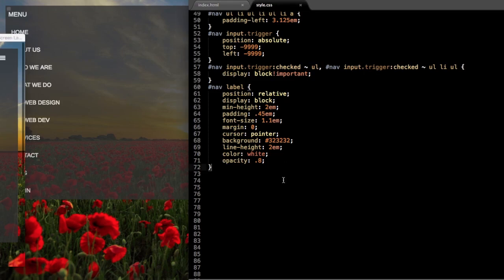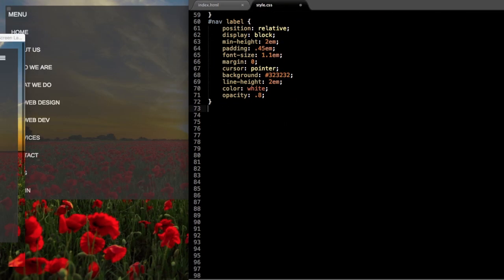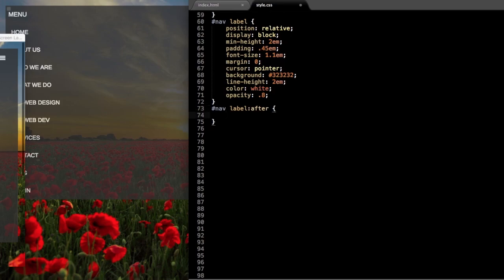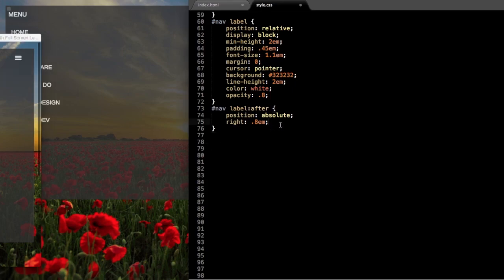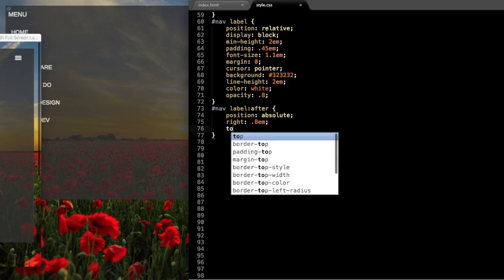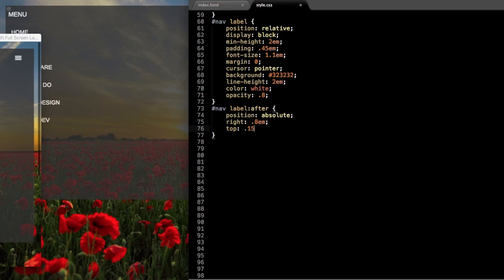So now let's style the little burger menu here. So that's going to be #nav label:after. We'll make that position absolute instead of position relative. Right 0.8em to push it a little bit off from the right, and then we'll push it off from the top as well with top 0.15em. And then content, we're going to add that burger menu in quotations